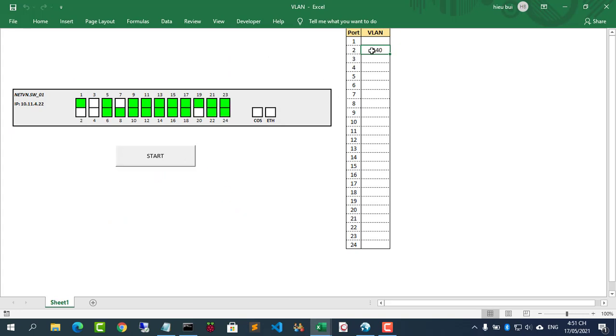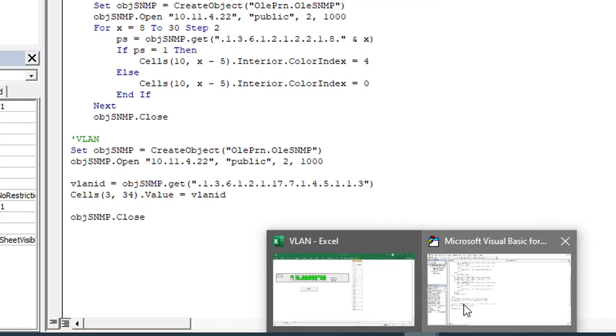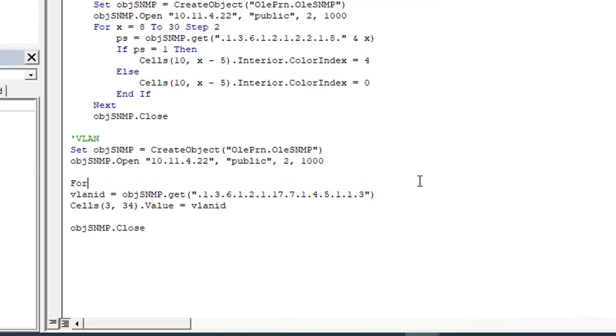Here you will get at interface 2 with VLAN information of 1140. Continue with all the remaining interfaces.